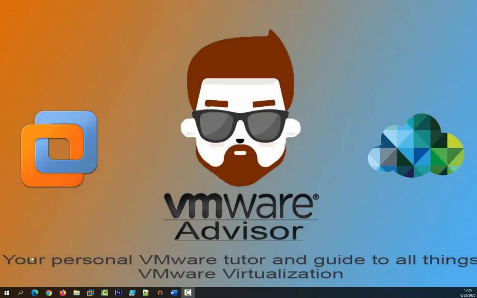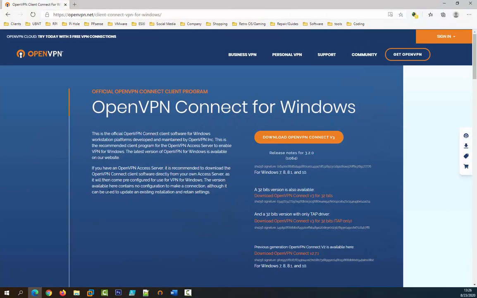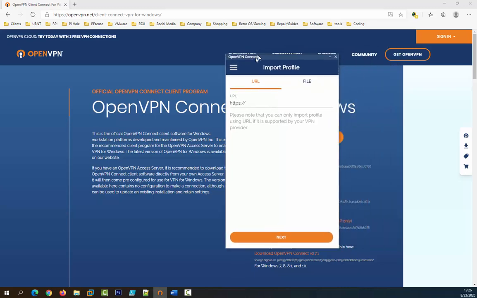Okay, so now I'm on my Windows device, and we're going to have to download the OpenVPN Connect client. From here, we're going to go to openvpn.net, click Get OpenVPN, and then you can download OpenVPN Connect version 3 for Windows 7, 8, and 10. If you have a 32-bit version, you can download that as well. Pretty much you'll download it and install it. I'm not going to show you how to do that. If you don't know how to download and install software at this moment, you may want to refer to other videos. And then from there, we're going to run the software,